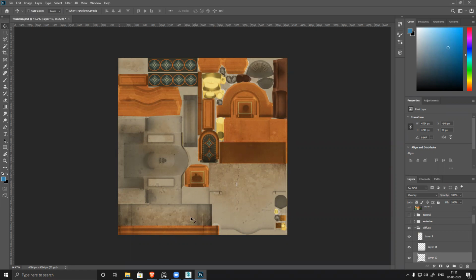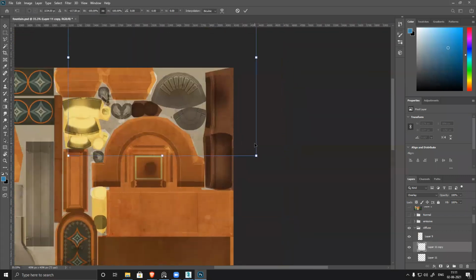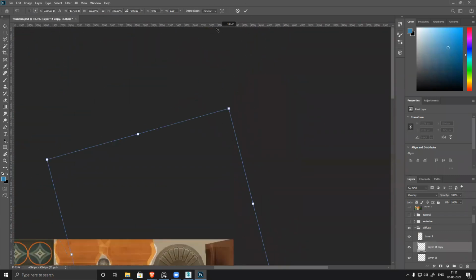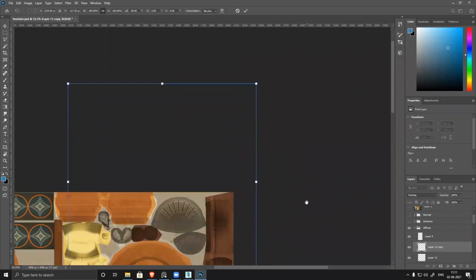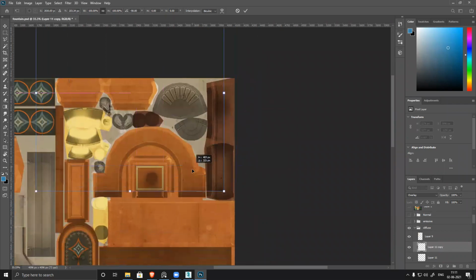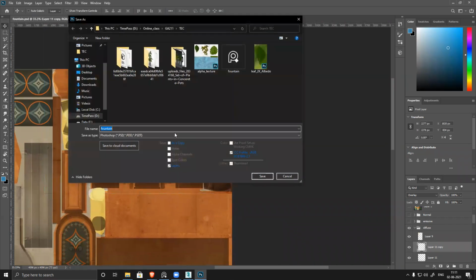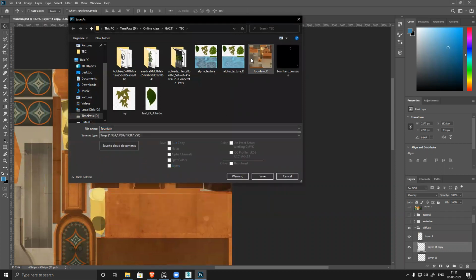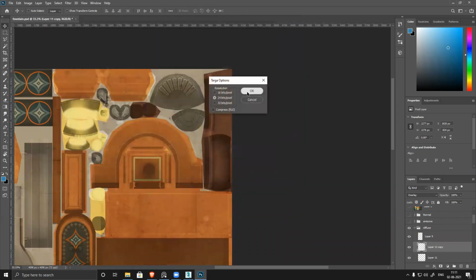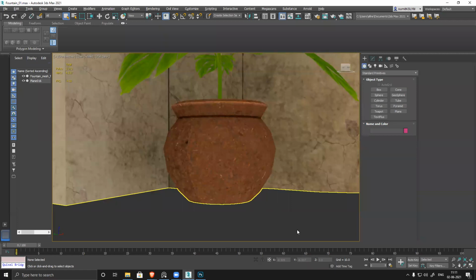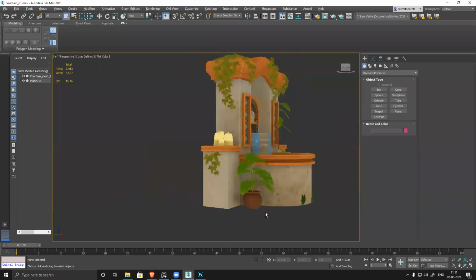And where is my pot here? My bad. I duplicate this layer once again. Control T. See, got dirt.